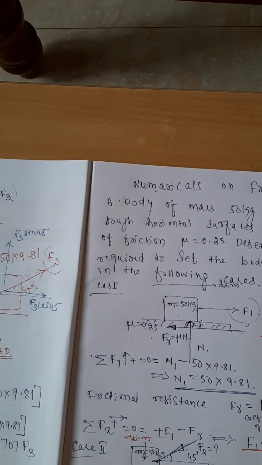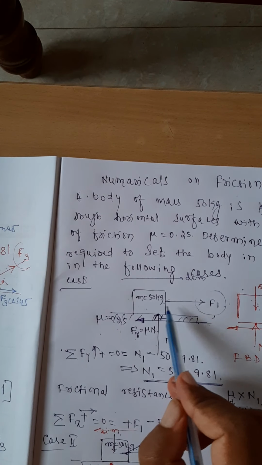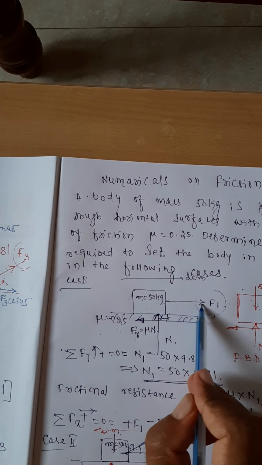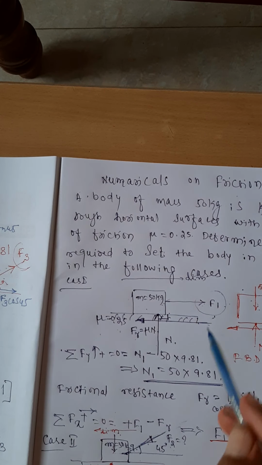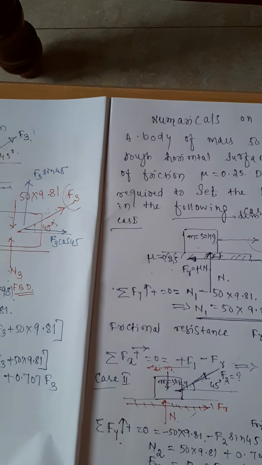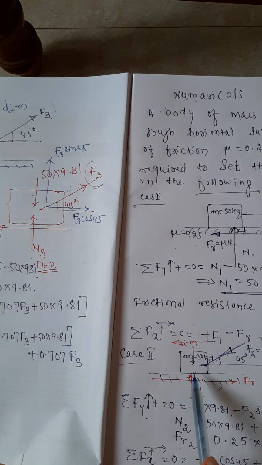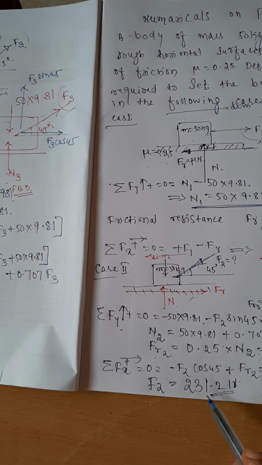Just to summarize the problem, what I can say is he has given three cases to you. In one case, the force is acting horizontal, it requires the minimum force to set the body in motion, that is equal to 122.62. Yes, in the second case, the force needed happens to be the maximum, that is 231.21 Newton. Can you guess what may be the reason for that one?